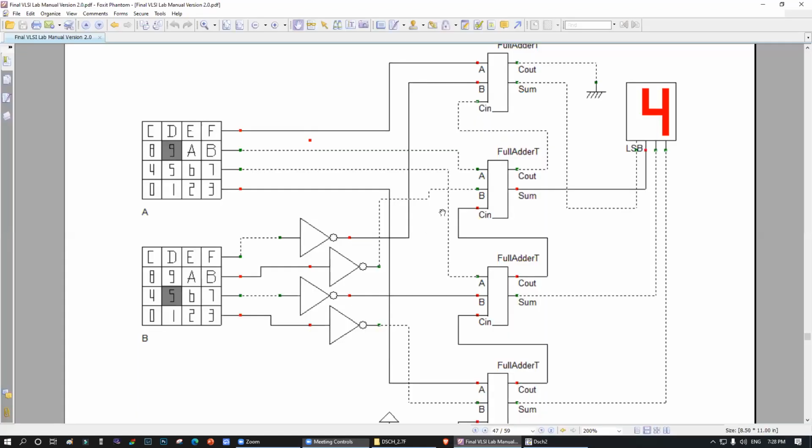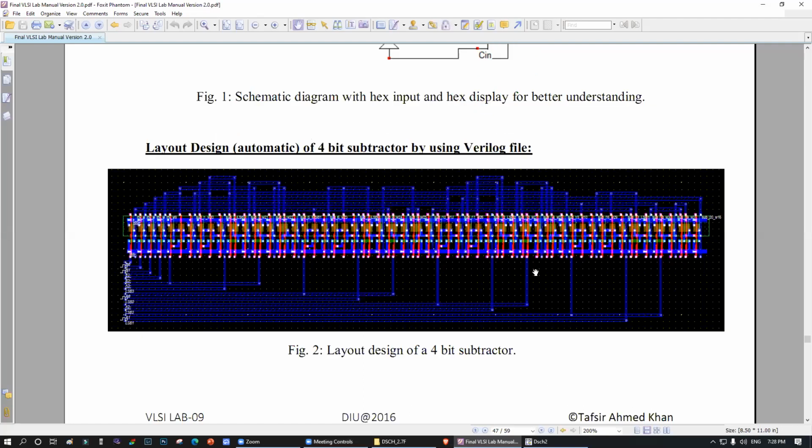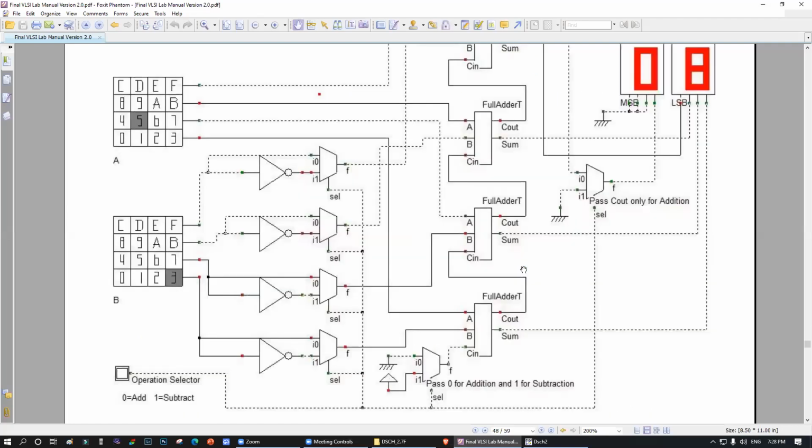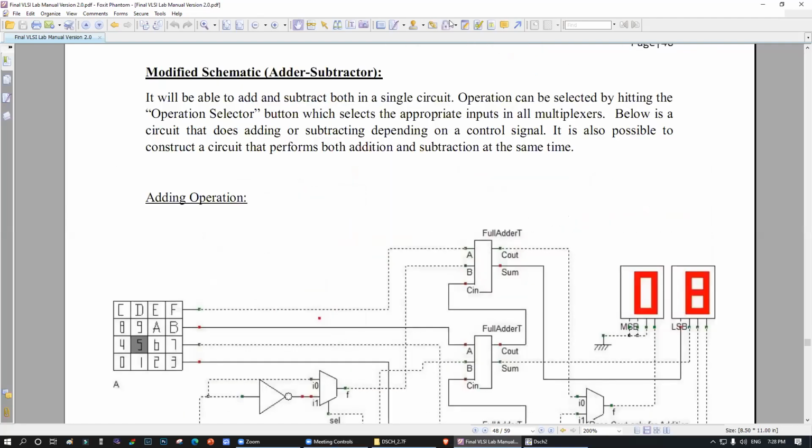Okay. Do not follow my lecture. There is a mistake here. Do not follow this one. Do it by yourself. Okay. So your lab, both of the labs are done, right? If you do this, if you can do the subtraction, adder and subtractor